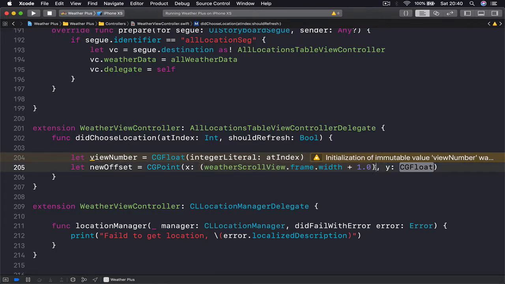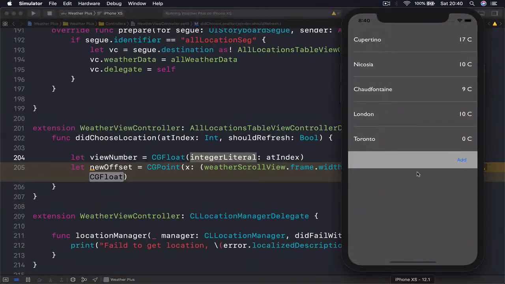So first we do this, then we are going to multiply it with our view number, so that we take our frame width, we multiply it by our current the view number we want to see, so that it automatically